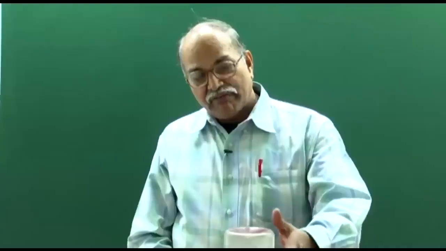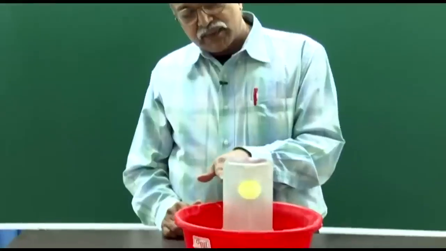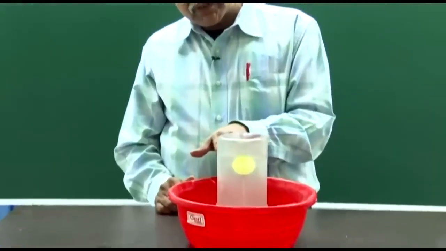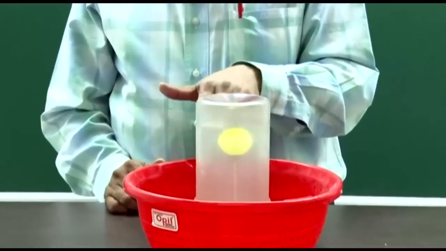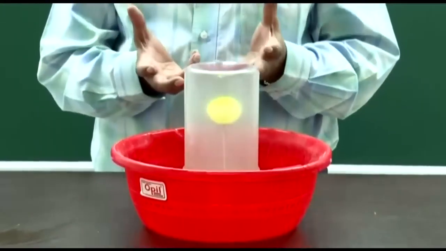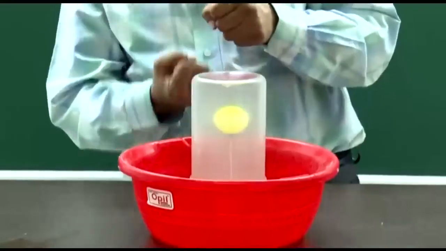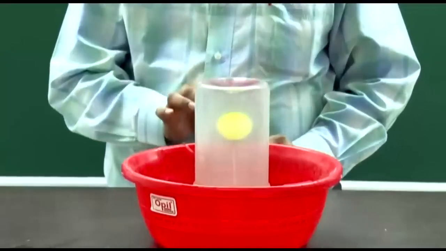Okay, so now another version of this experiment. In this you have water in this vessel, and a tennis ball, you can see a tennis ball, and it is fastened to the bottom through a string. So, since it wants to float and we have forcefully kept it there, the string is tight, there is some tension in the string.